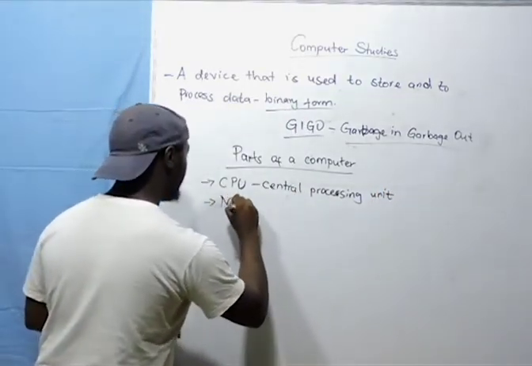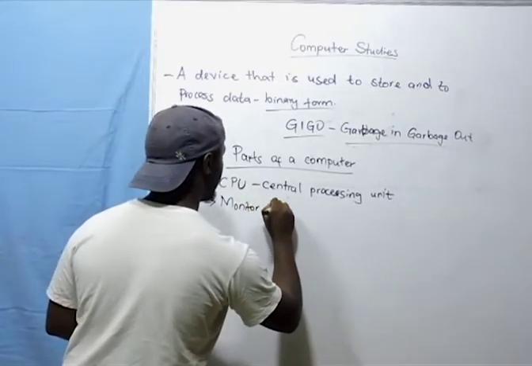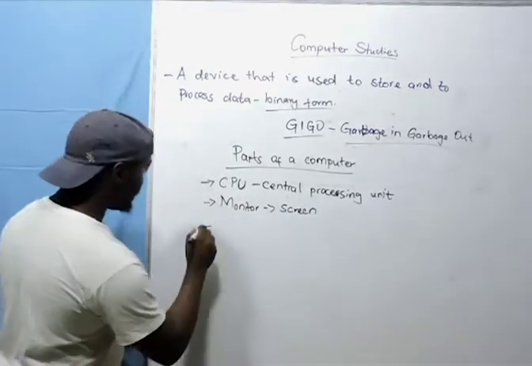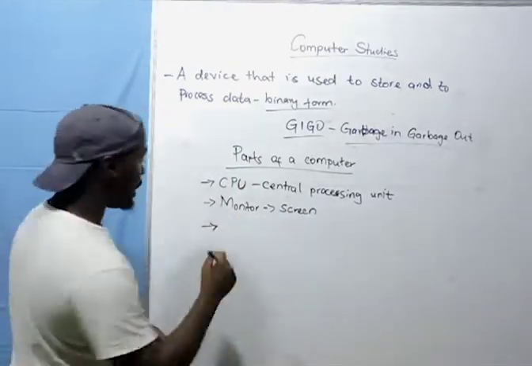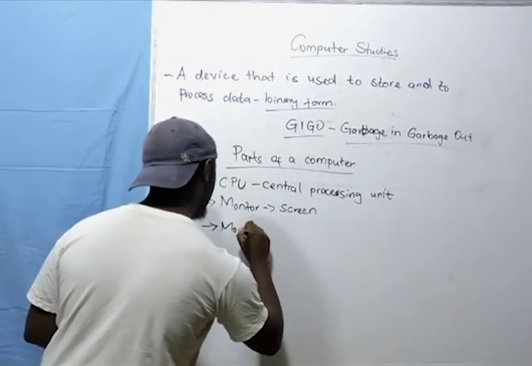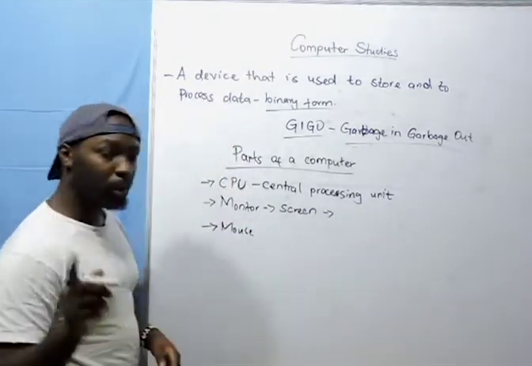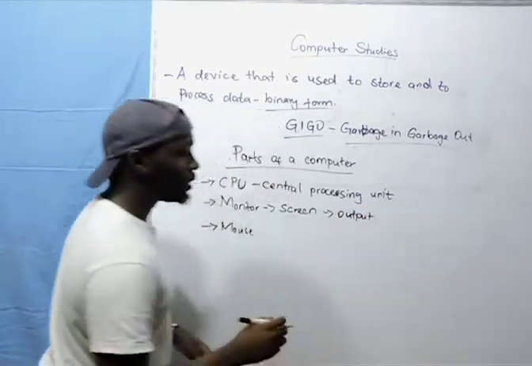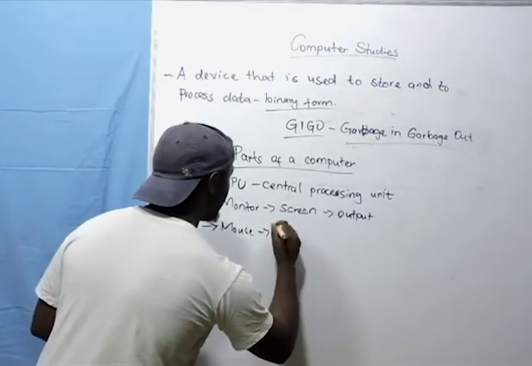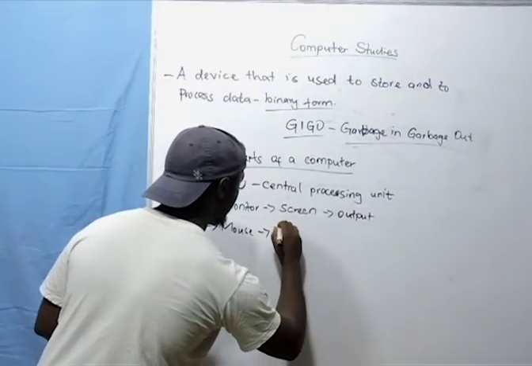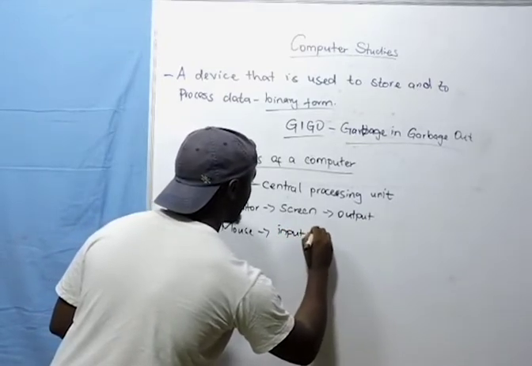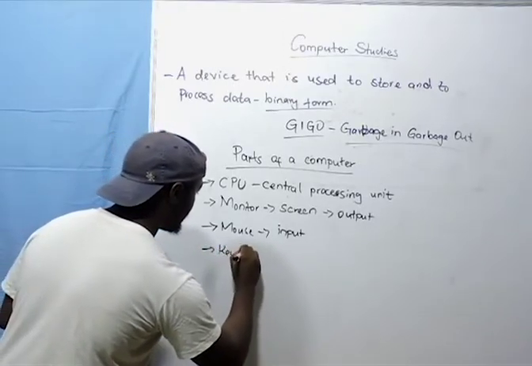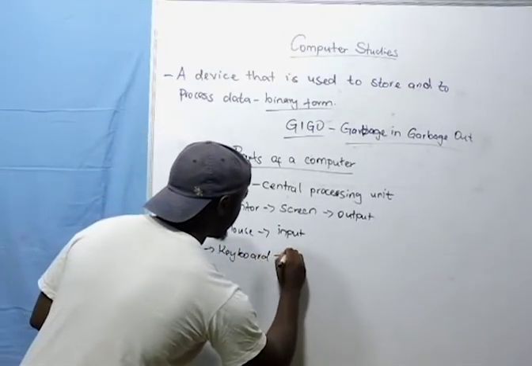You have the monitor, which is the screen, and then you have your mouse. The monitor is used to display the output of your data. That's where the output is shown. Then this mouse is used to give input to the computer. And one more item, the keyboard. The keyboard is used to give input